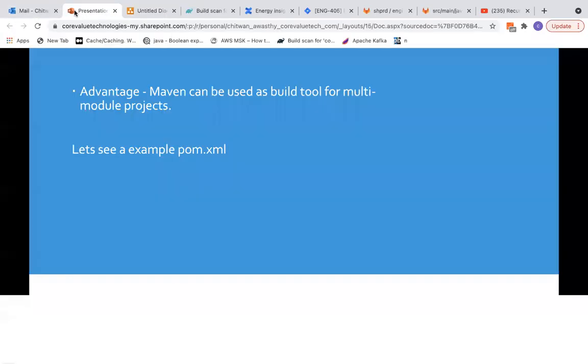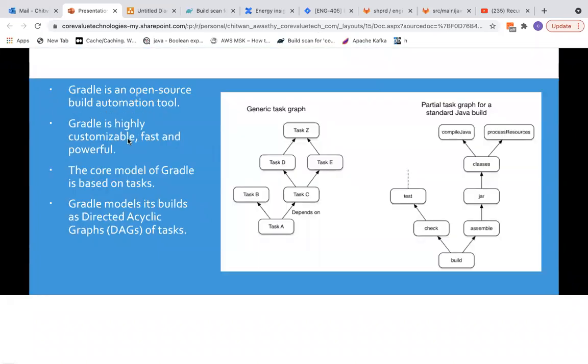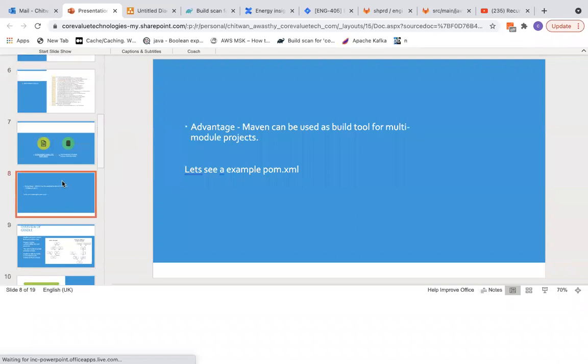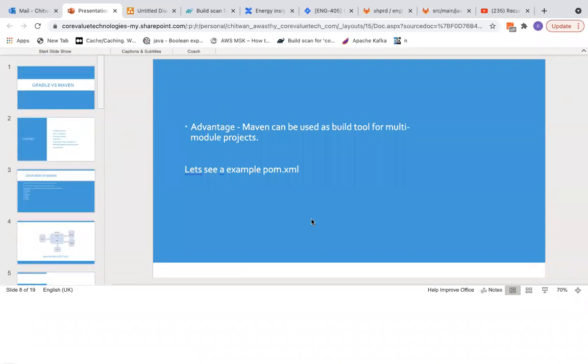Let's proceed further. Seems like I might have to reload it.